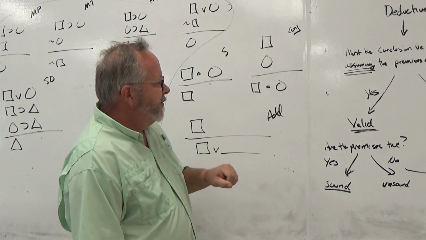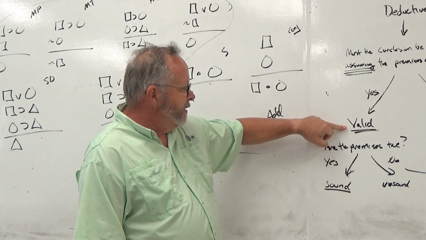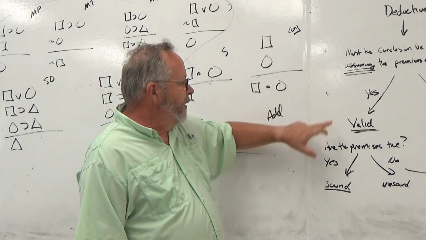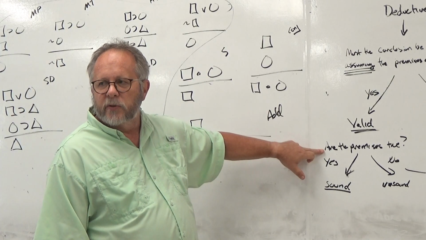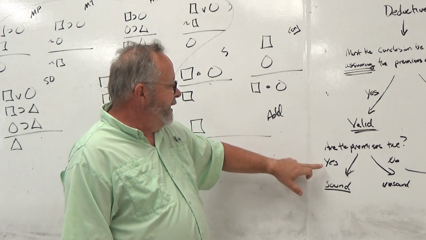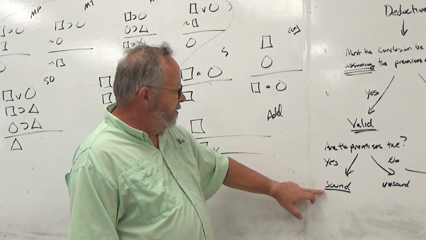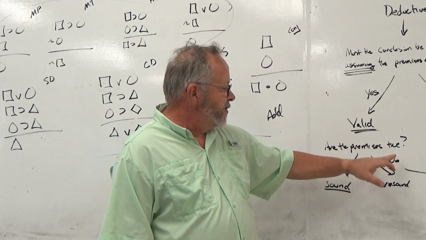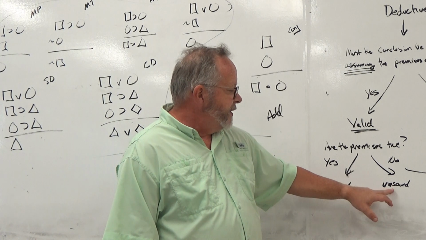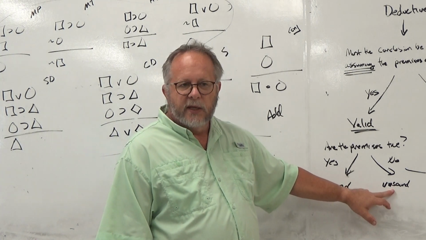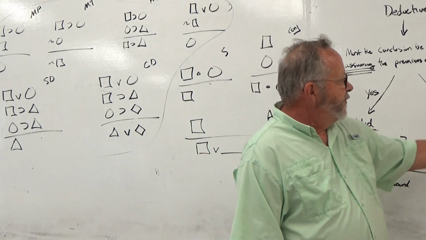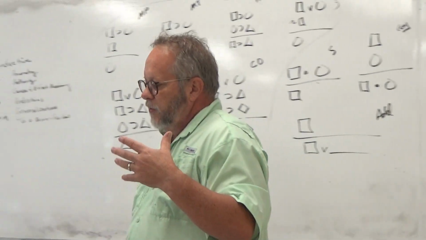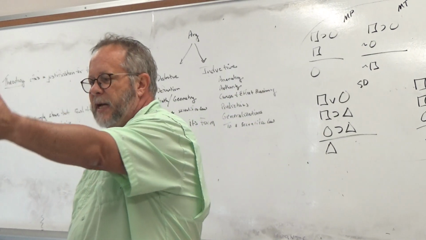If an argument is deductive and valid, then we're going to continue looking at it, and now we're going to ask, first we assume the premises are true, and now we're going to ask, are the premises actually true? Okay? And if the answer is yes, all the premises are true, we say that the argument is sound. Okay? And if one or more of the premises are not true, we say the argument is unsound. And if the argument is unsound, the conclusion is unsupported. Never are we saying the conclusion is false. In order to say that something's false, we have to have an argument that says, and therefore this is false.